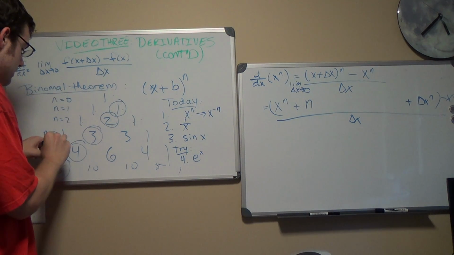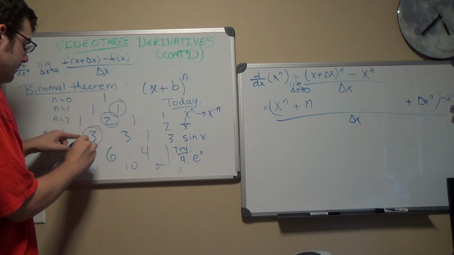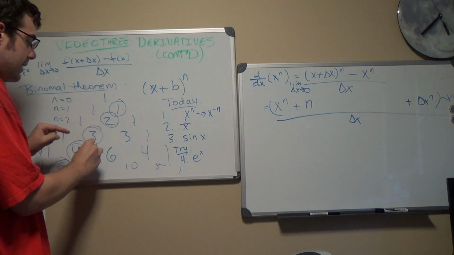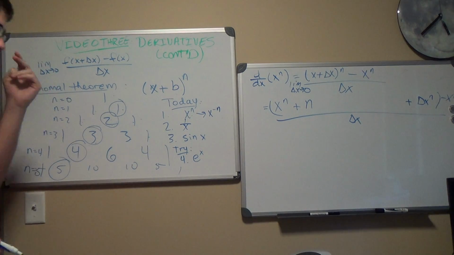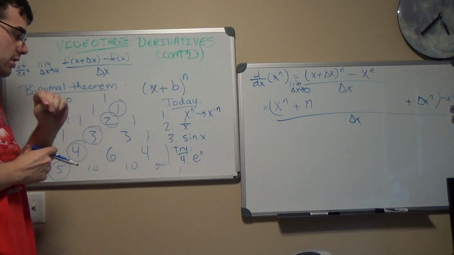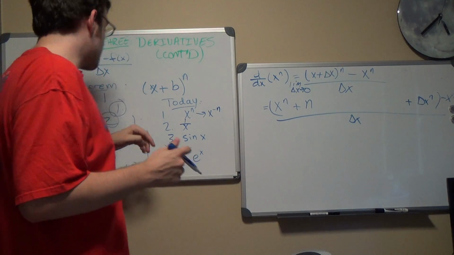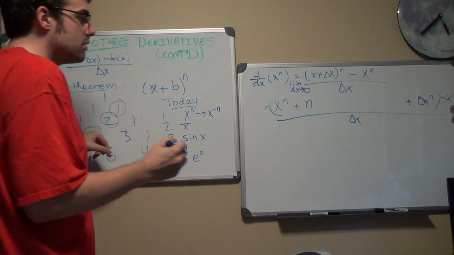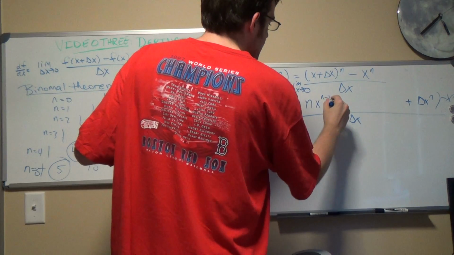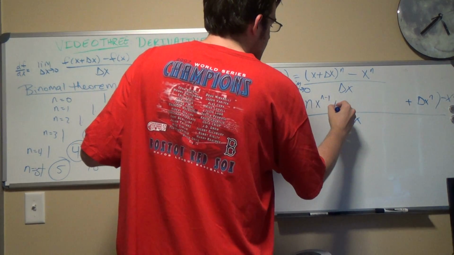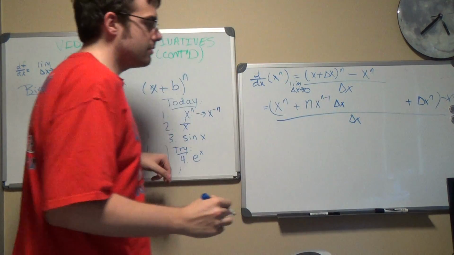This is x cubed, x squared delta x, x delta x squared, and delta x cubed. So we can do this: n times x to the n minus 1 times delta x